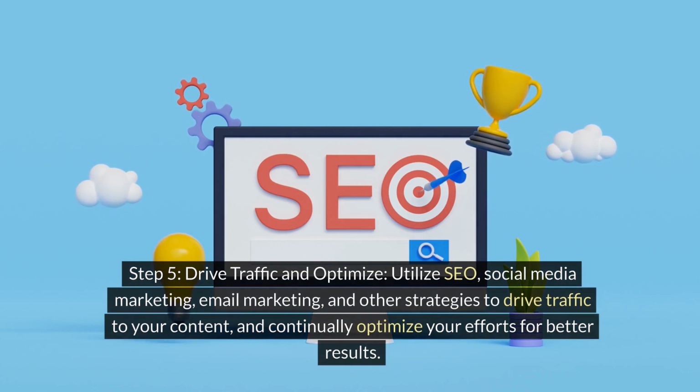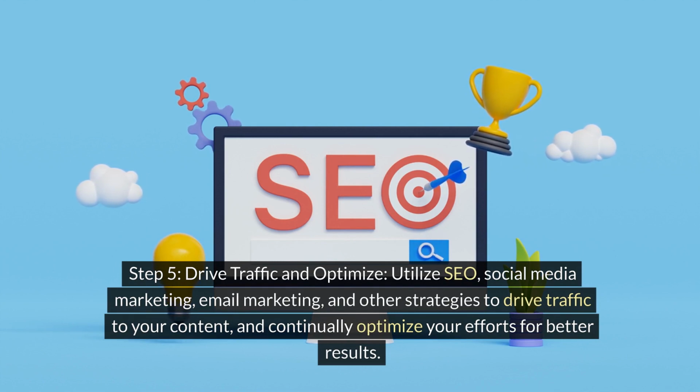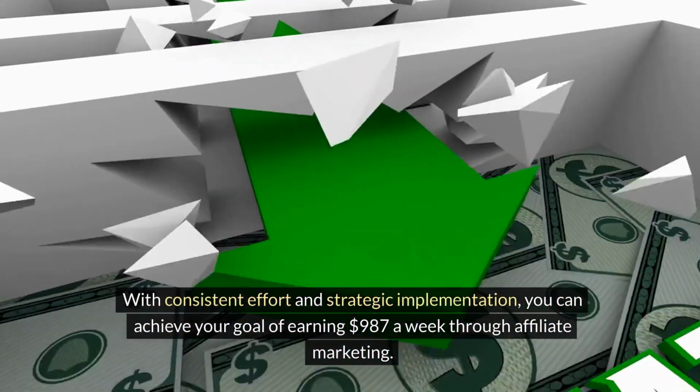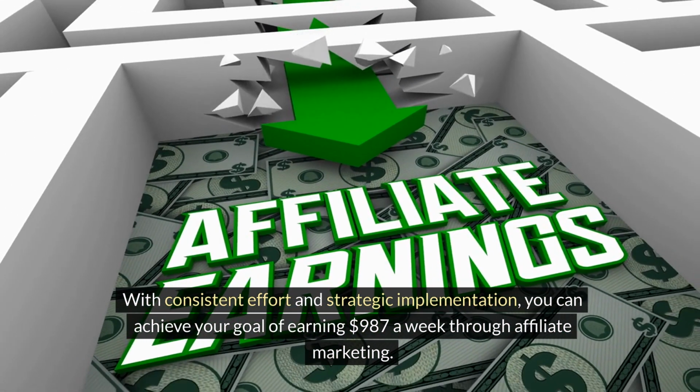Utilize SEO, social media marketing, email marketing, and other strategies to drive traffic to your content and continually optimize your efforts for better results. With consistent effort and strategic implementation, you can achieve your goal of earning $987 a week